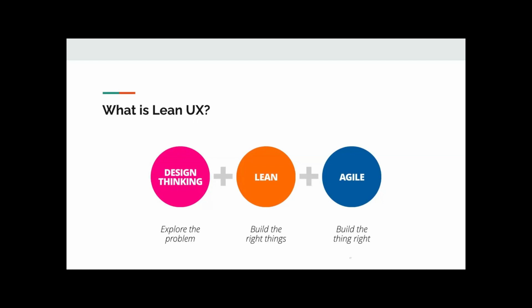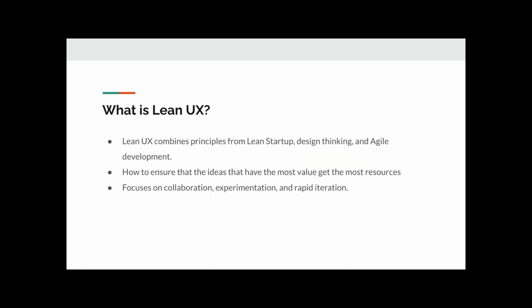And the third most important part is agile methodology, which focuses more on iterative development, getting more feedback from the customers, and then shipping more frequently to resolve customer issues. So Lean UX is basically the combination of all these three things together to make your product more useful to the customers. Okay. Now, like I said, this is basically combining the principles of all of these three things together to make development faster and more useful to the customers.